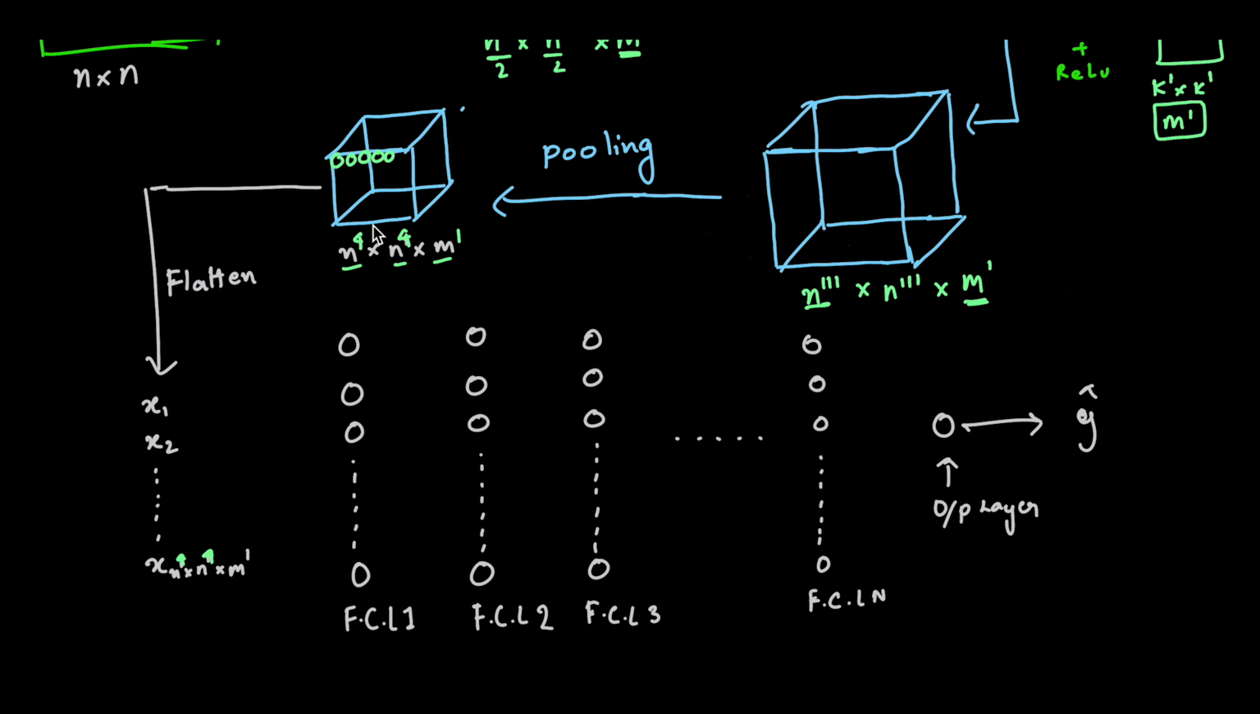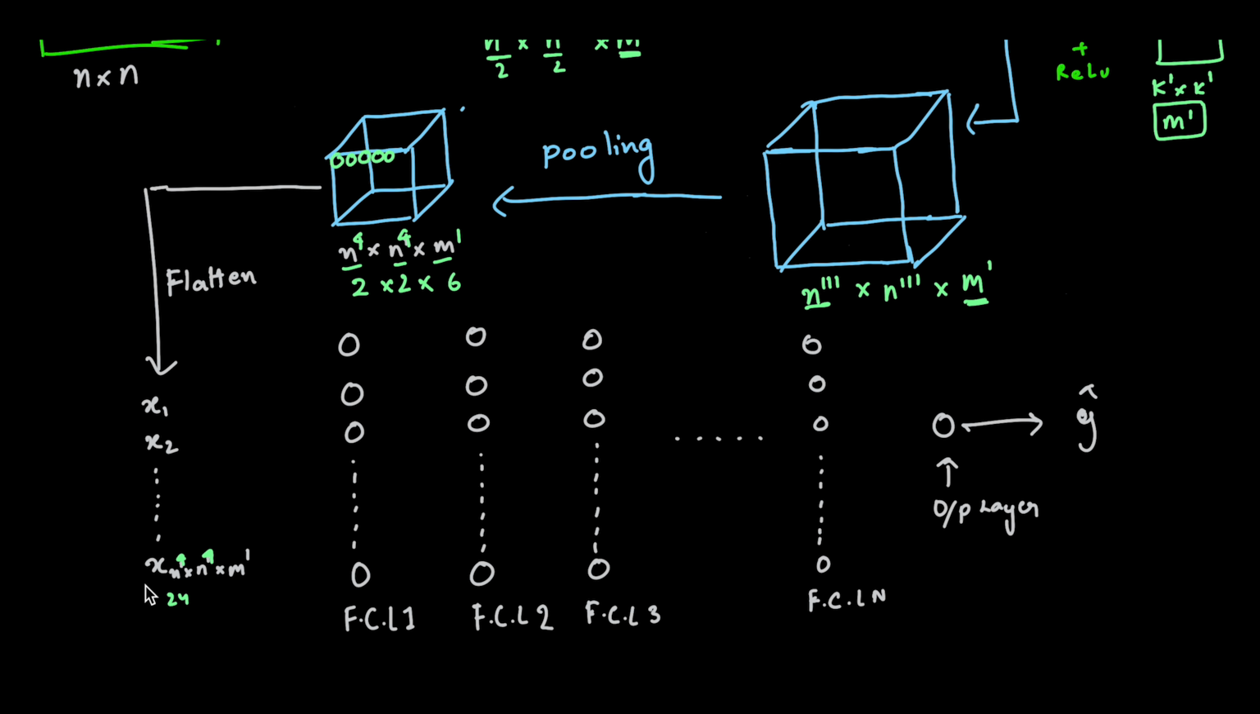Let's take some values. Let's say it is 2 cross 2 cross 6. So let's say finally this is my output shape. Then after applying flatten, the number of inputs will be 2 cross 2 cross 6, that is 24. So x1, x2, and so on, up to x24. So these many inputs we'll be getting,